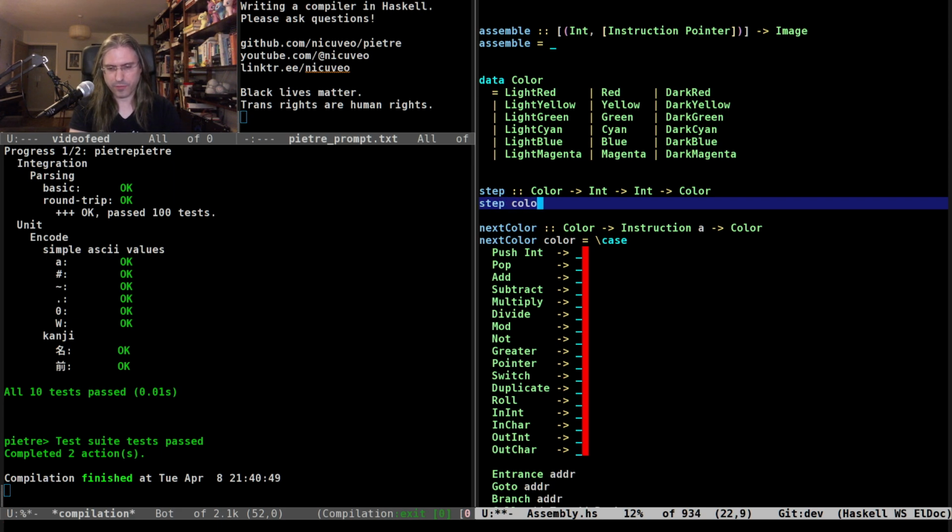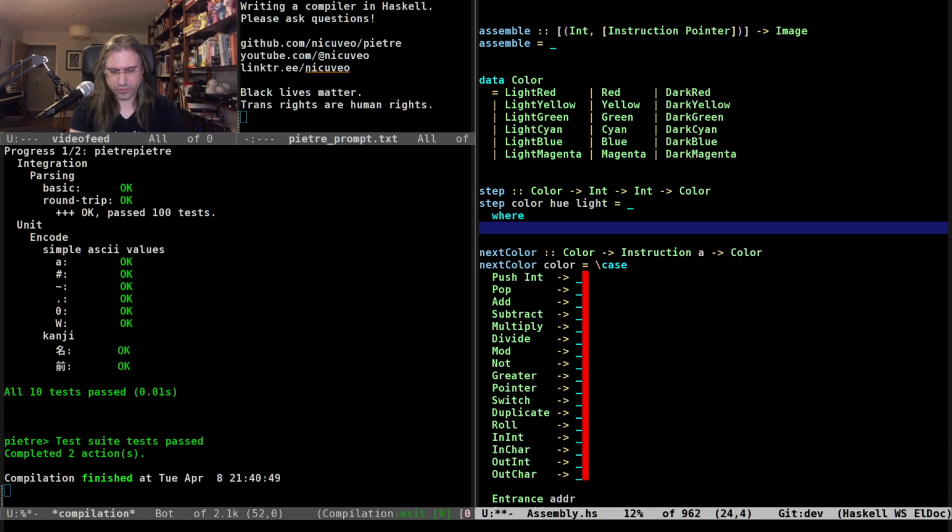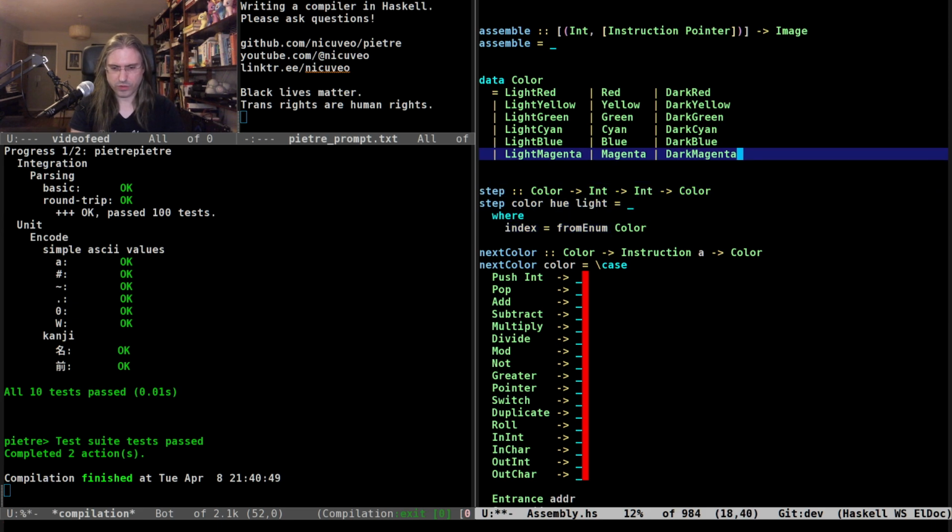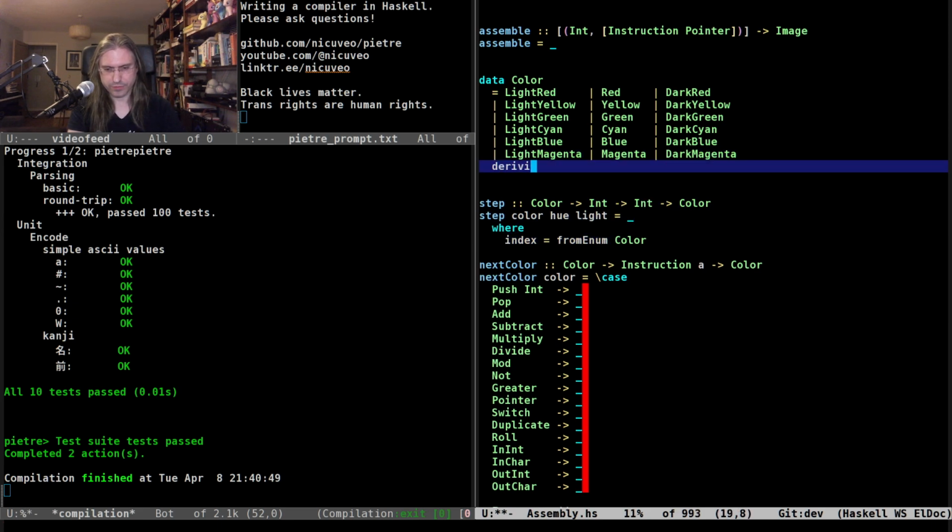And a step for a color, hue, and light will be, so from enum, it's going to be something. Index is going to be from enum of the color, because color will have